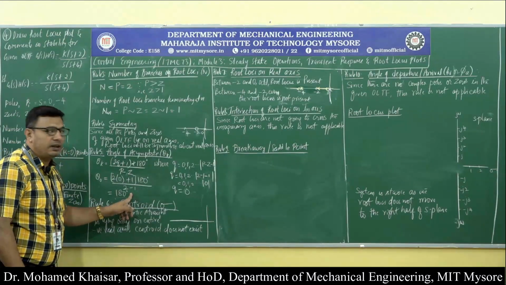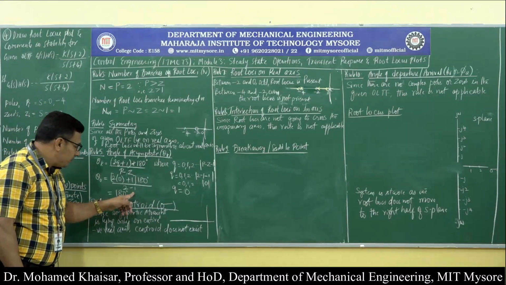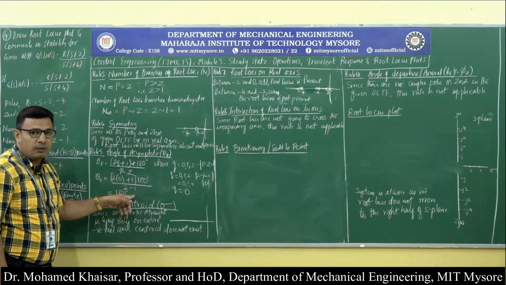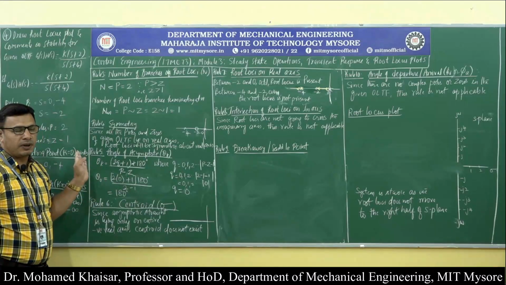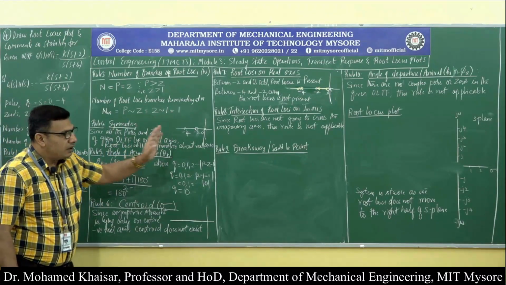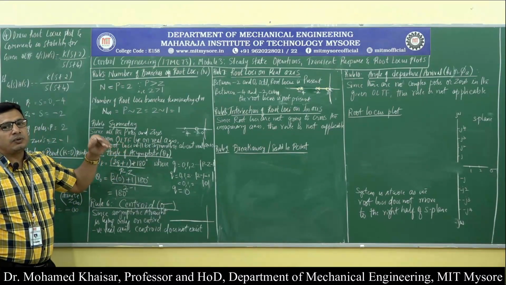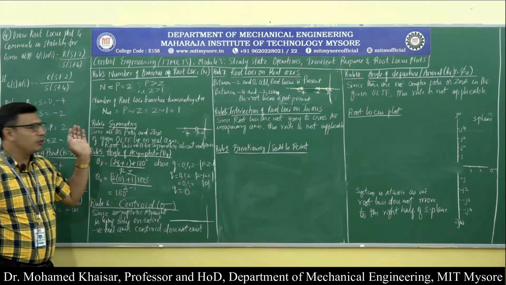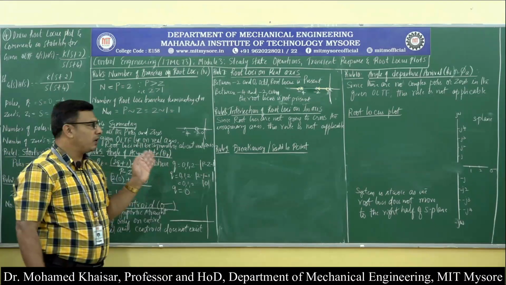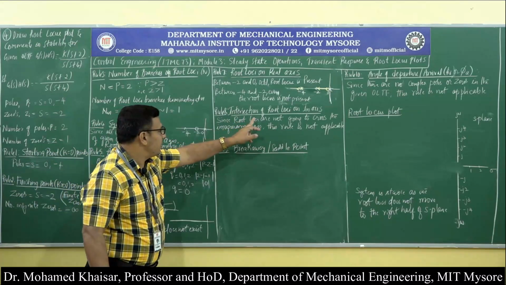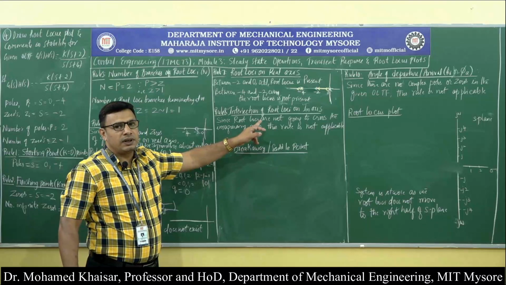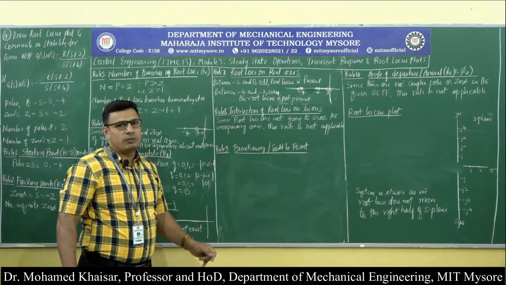Then rule number 8, as we know there is only one asymptotic straight line along 180 degrees, and that means the branch of root loci will also be along 180 degrees, towards the left hand side of the S plane. Because of this, the root loci is never going to intersect the imaginary axis and move to the right hand side of the S plane, so this rule, that is intersection of root loci with the imaginary axis, is not going to be applicable.